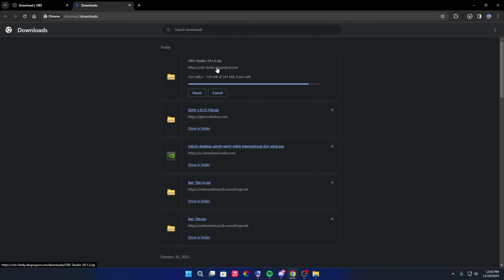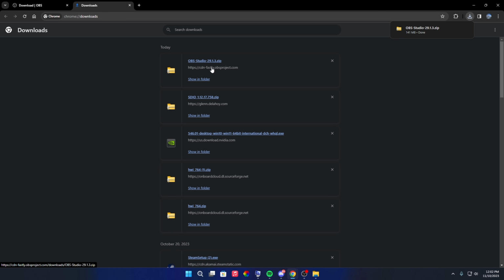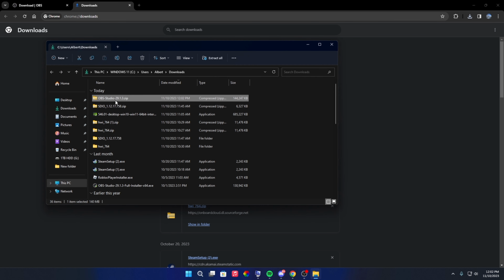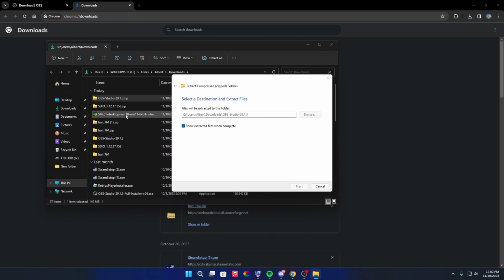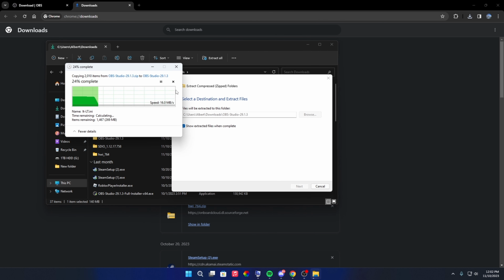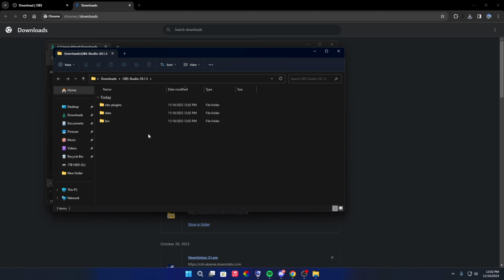Basically it doesn't make any difference, but for me, I don't like to install. I want to just use it right away. For here, click on extract all. You have to extract the zip, just wait for it to complete. If you don't know how to extract it, you can right click on it and click on extract all. And then what you want is just have to follow me here